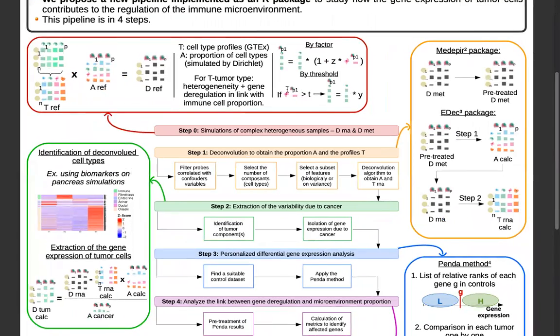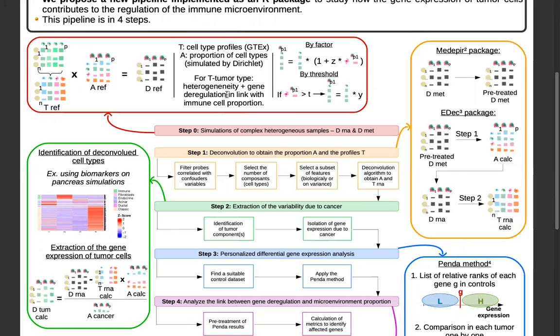The step 0 is implemented in the package, but it's not really in the pipeline. It's a simulation step. So we create the D matrix of complex data with the product of two matrices. The T matrix of the cell types profiles and the A matrix of the proportion of different cell types. We introduce an heterogeneity on the cancer cell type by using different profiles. And after that, we also simulated